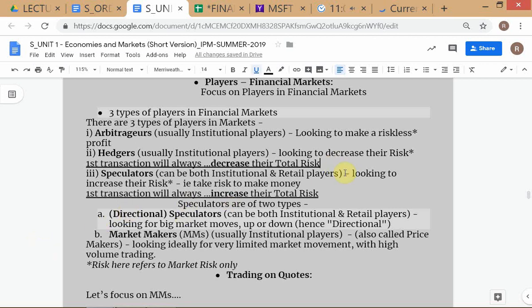We will later on, when we study risk management in detail, see that this total risk actually consists of the underlying position and the hedge position. We're not going to go into that now. At this point we will just understand hedgers as people who are looking to decrease risk. Right now I really want to get quickly to bids and offers, so you are ready to do your project. So hedgers, we just think of them as people who are trying to reduce risk.